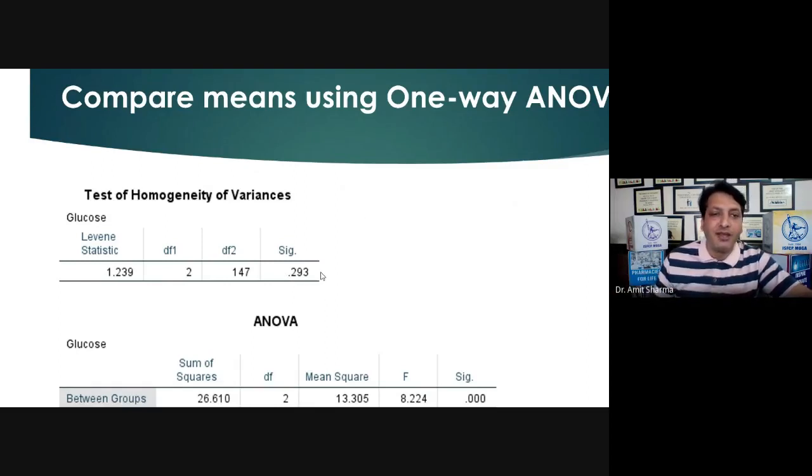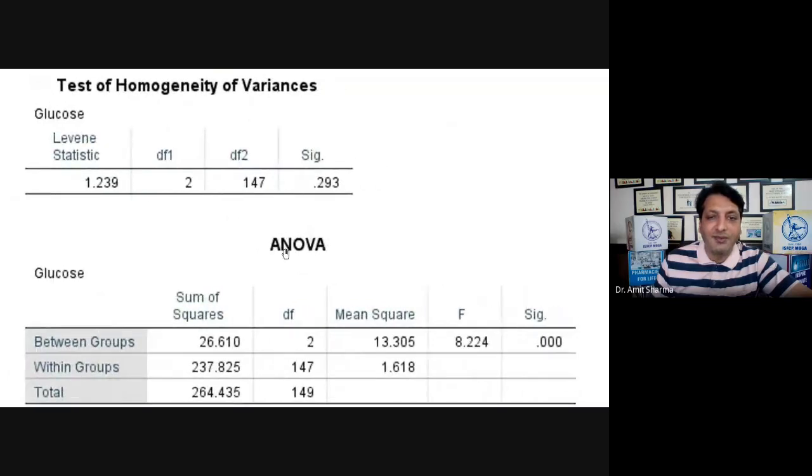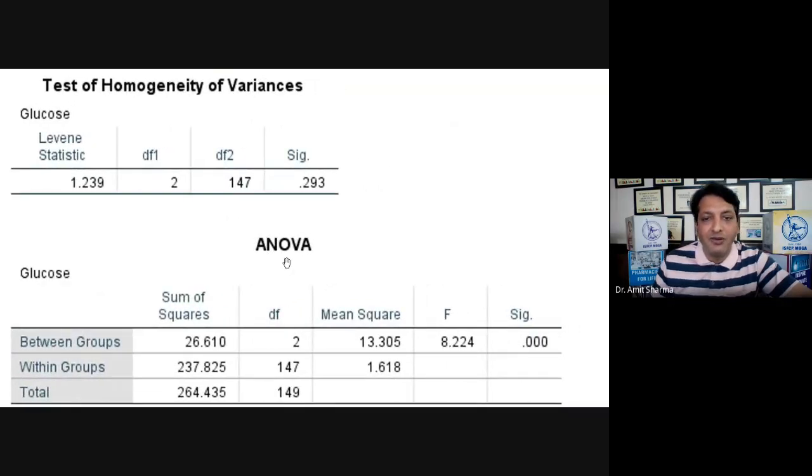That's why the ANOVA table is given after the test for homogeneity, and this is the ANOVA table which you are going to write in the research paper, and you are going to keep in the result part of the thesis. So you can see that all the things which we have calculated manually are given in this table. That is, sum of squares between, sum of squares within, and sum of squares total. Degrees of freedom we have calculated, and the mean sum of squares also we have calculated for between, within, and total. So all these things we are getting here.